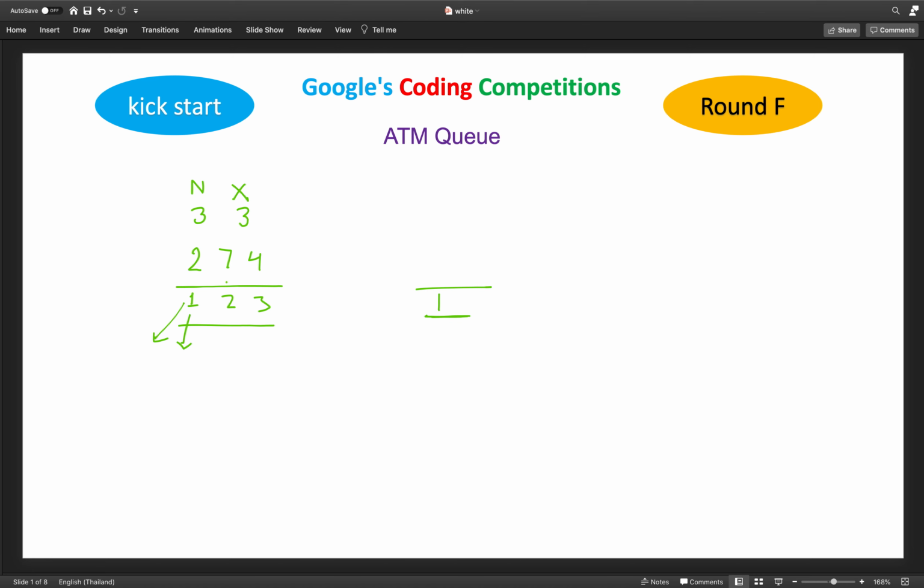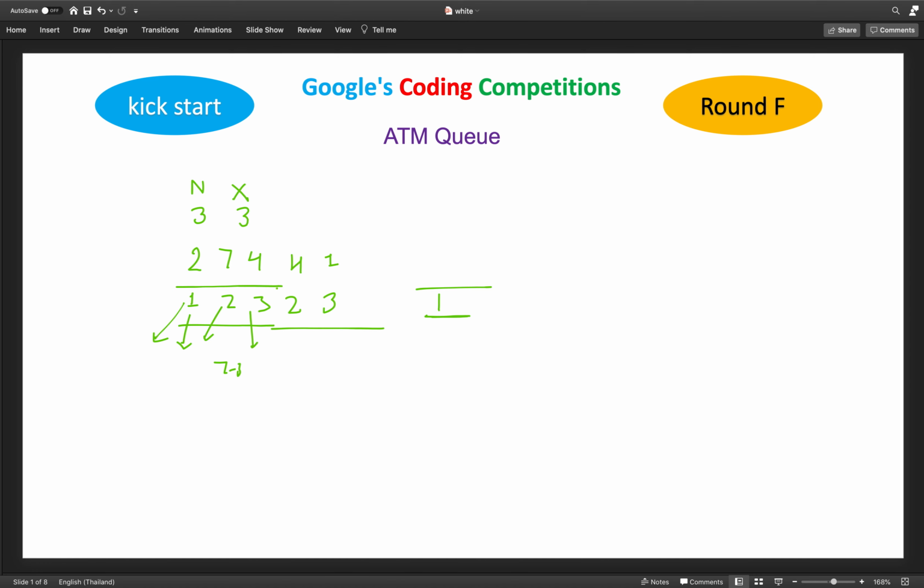Now the second person can withdraw a maximum of only 3 because of the limit, as he needs 7. So we subtract 7 minus 3, remove this person, and put him back needing 4 more. Then person 3 needs 4 and the maximum he can withdraw is 3. Then we remove him and put him back into the queue with 1 more needed.